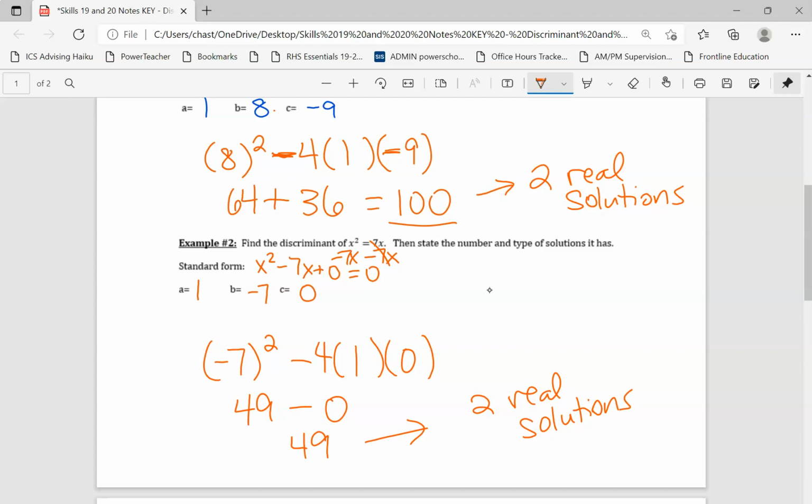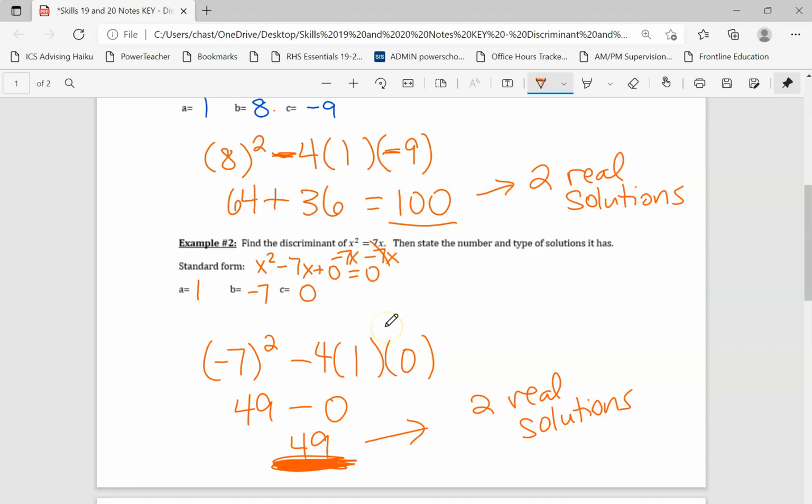So all you need to know how to do is plug those numbers into the formula, and then you're just looking to see what kind of solutions you'll have. Both of these were two real solutions, but if this discriminant value had been a 0, there would have been one real solution. And if this discriminant value was negative, you would have had 0 real solutions. All right, so that's all you need to know about the